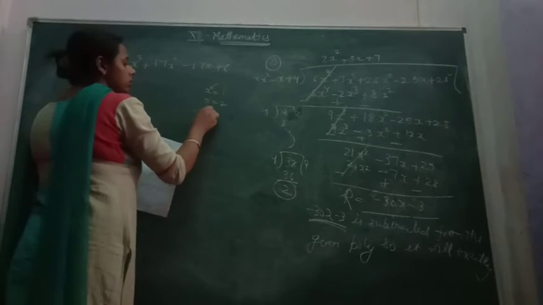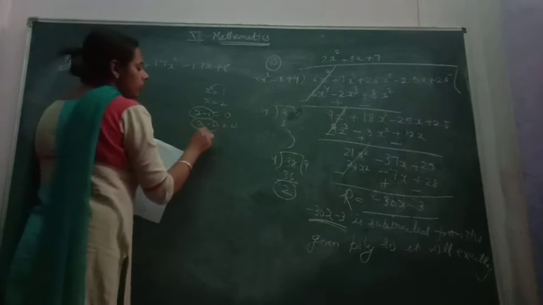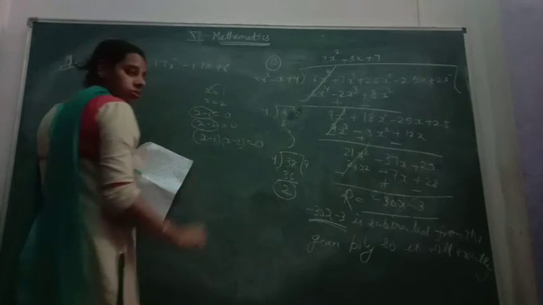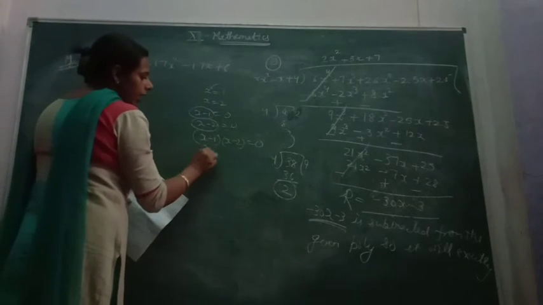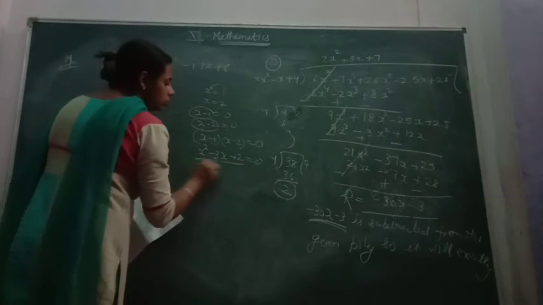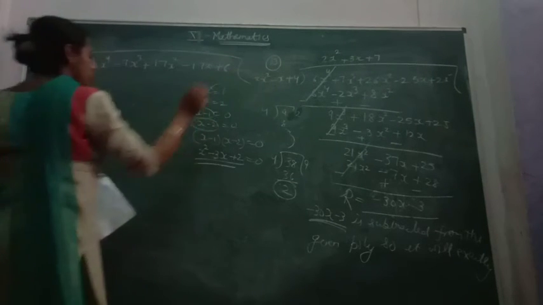On making equal to 0, multiply these two terms, you will have x minus 1 into x minus 2 is equal to 0 into 0, that is 0. So you will have here x square minus 3x plus 2 is equal to 0. So this must be a factor of this polynomial. So divide this polynomial by this number.